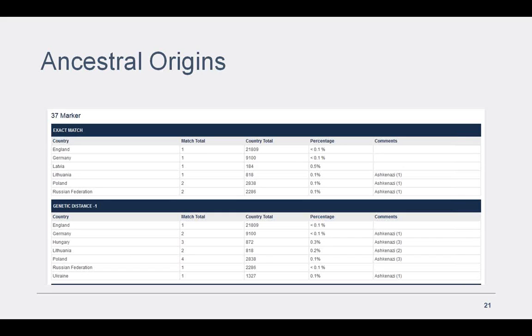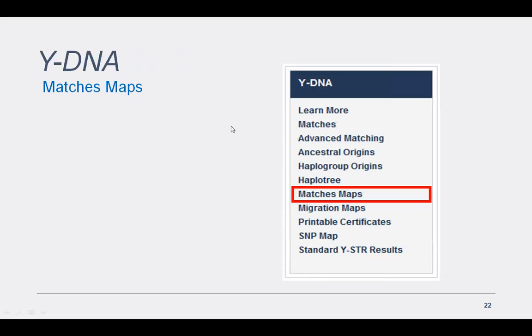Or let's say, for example, you're Native American and somebody does know what tribe they came from, and so there might actually be a tribe listed there. Maybe an African tribe for people with African ancestry. So it's basically helping clarify the origin. So that's it for the Ancestor Origins page, and finally the last page I want to show you is Matches